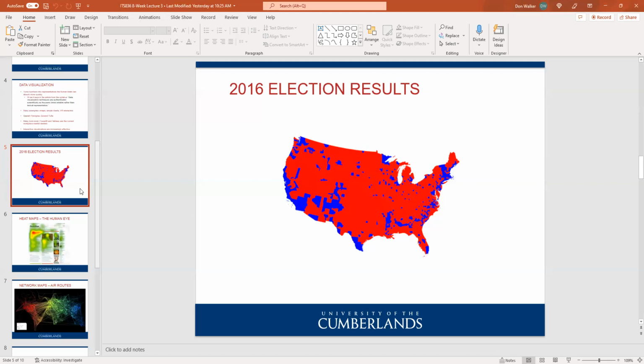Use the wrong scale, bias in the data, bias in the sampling that goes into the data visualization. But strictly from the visualization standpoint, you can show something that makes something look bad. The one I see the most is scale. They'll show